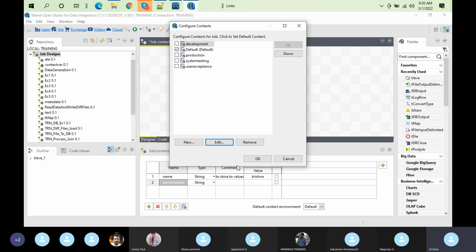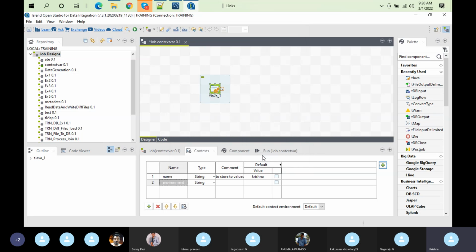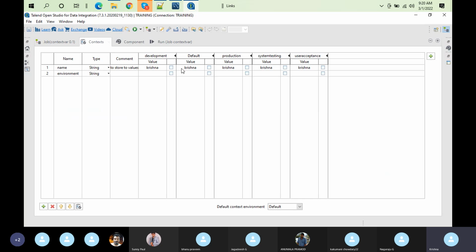So now I have created four environments. Four environments, right? So I want to print the name. By default, this is the name. I want this one as Sai when dev is running. And I want to run in SIT, then I want to print Naidu. And if I'm going to run user acceptance, I will put business. So if it is production, then again